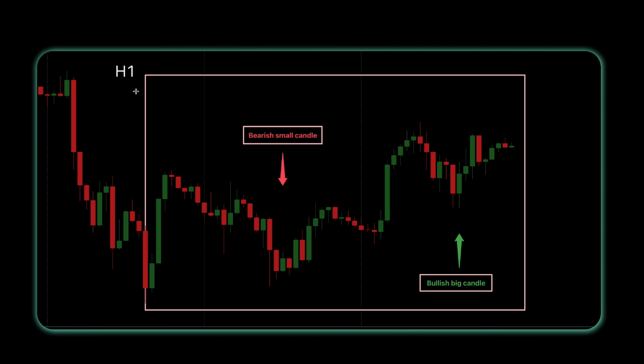When you go to a smaller time frame, as you can see, we are in 1 hour time frame. Obviously, there's this daily separating period. So the day starts here and ends here, and another day will start here and will end here. Now you can see this is the red candle that we have seen in our daily time frame. This is the very small red candle, and it's followed by the bullish green candle